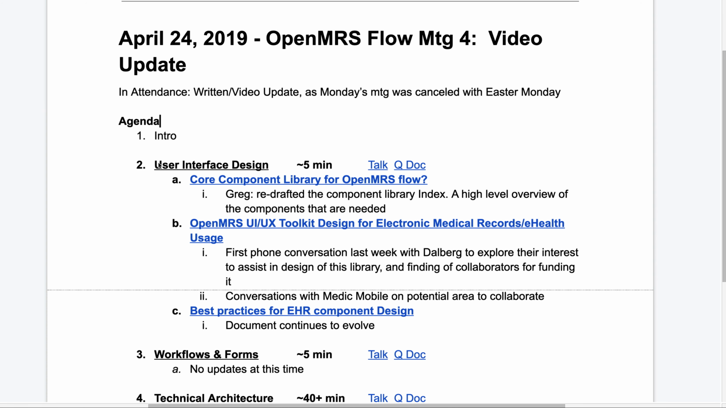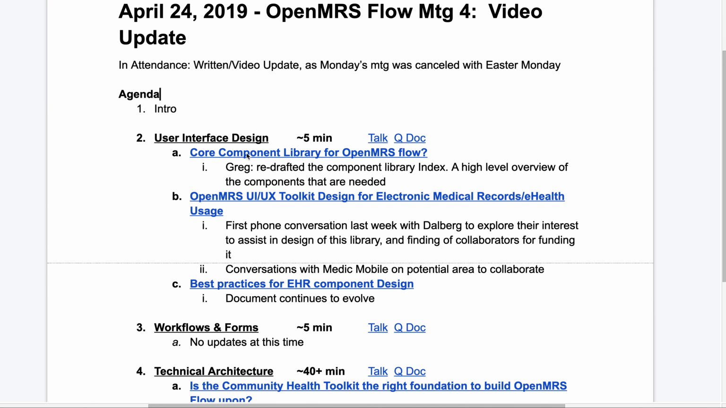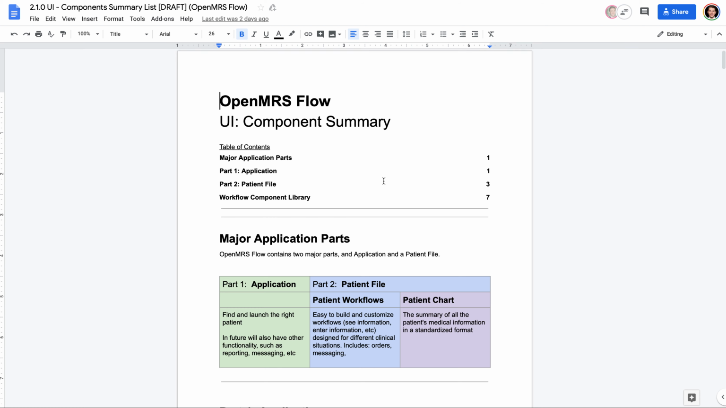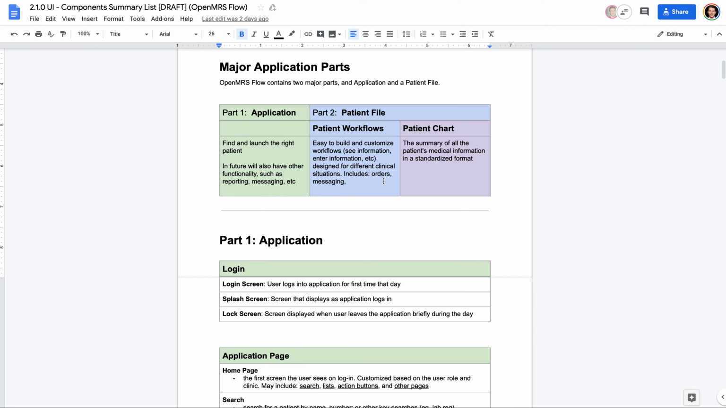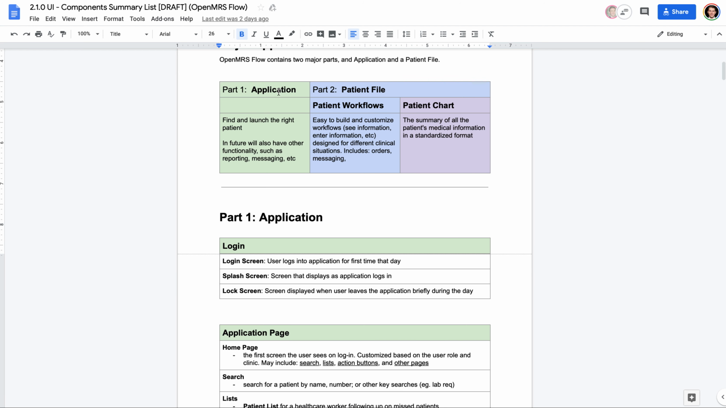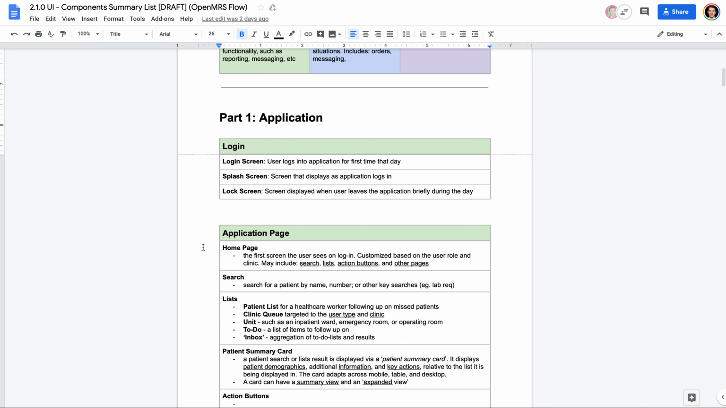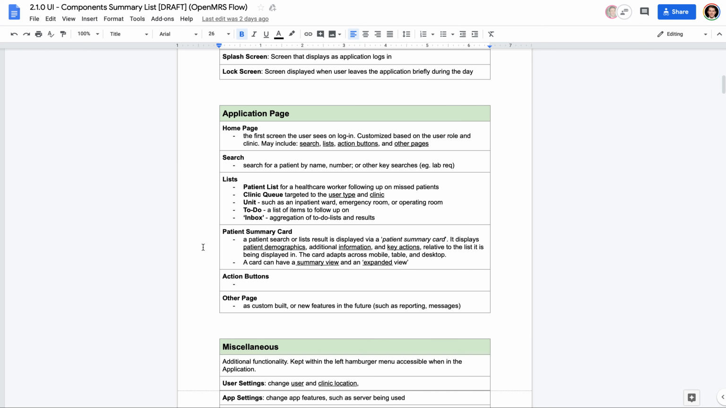On the issue of user interface design, we continue to work on the core component library. If you open that document, you'll now find that it's been rewritten to make it a bit easier to see this high-level summary. It explains that there are generally two parts to this application we're considering: the more generic application component and a more specific patient file. For safety, you would only be able to have, let's say, one patient file open at one time. Within the application, and you can review this in more detail yourself, you'll find generic components